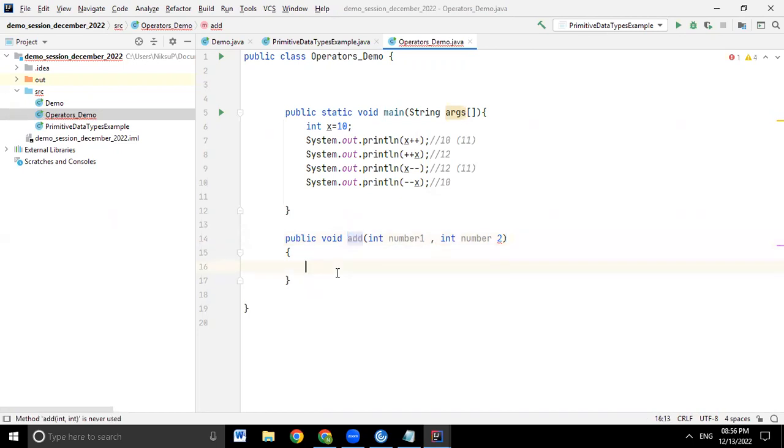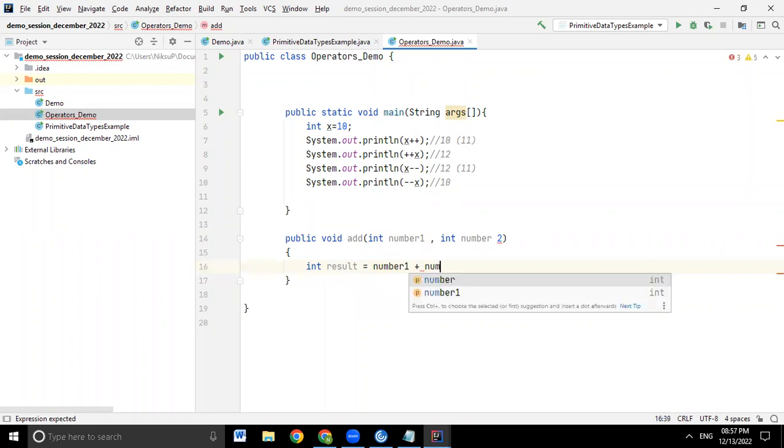So for addition, we have which operator? We will say int sum. Sum is the variable name where we will store the result, or we can simply say result. You can give any variable name. It should be in a standard format, starting with a small case letter, because it's a local variable to this function. Result equals number 1 plus number 2